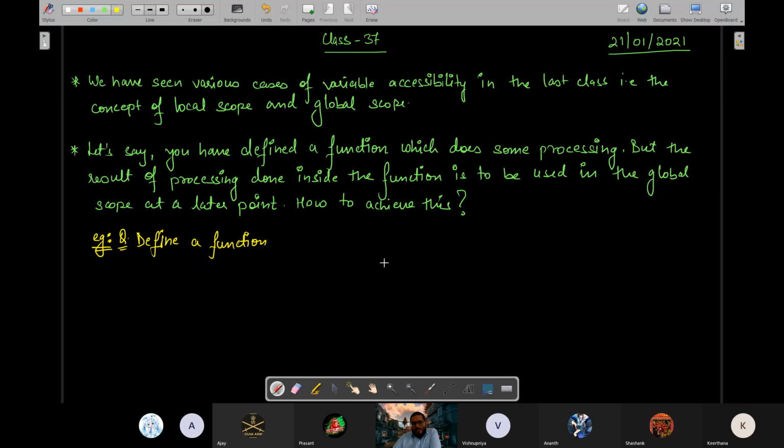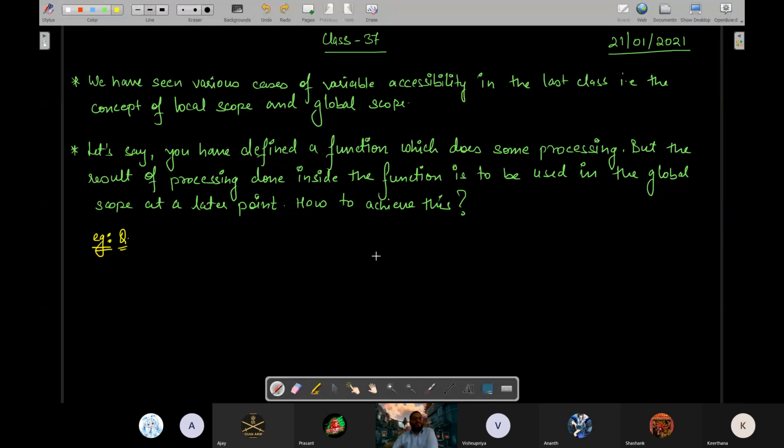Okay, because the moment it comes out, the function gets destroyed and with its scope, and therefore all the values computed inside are also lost. So what to do if some value calculated inside the function when the function was called is to be used later in the program? Okay.